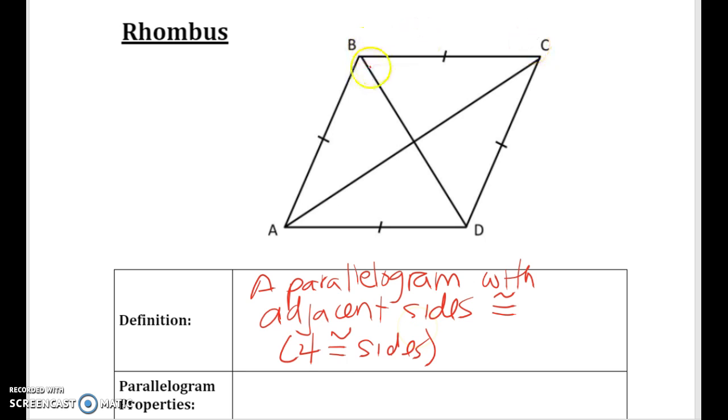So BC is next to AB, and those are the same. BC is adjacent to or next to CD, so those are the same. So adjacent just means next to. The important thing is that it is a parallelogram, meaning it is going to have all the properties that a